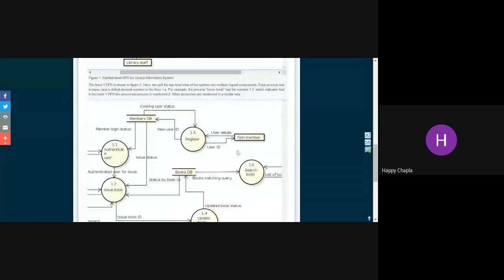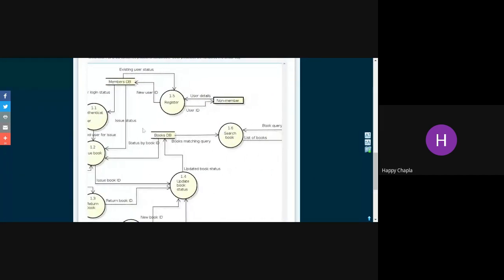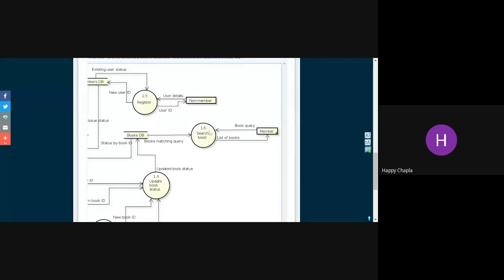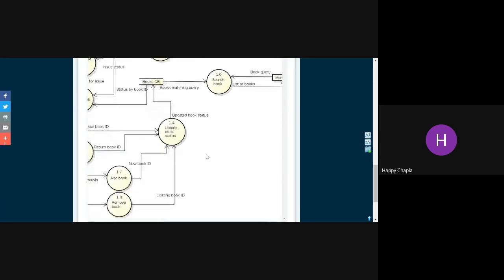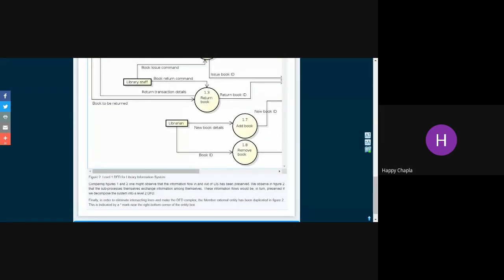Okay, now same over here for this books database with us. Now it will connect with search book. This is the 1.6 process. Now book inquiry, list of books will be provided, and it will present it using this database. This is your database. Database has only two lines, rectangular shape, no left and right hand side lines. Okay, this is your level number 1.